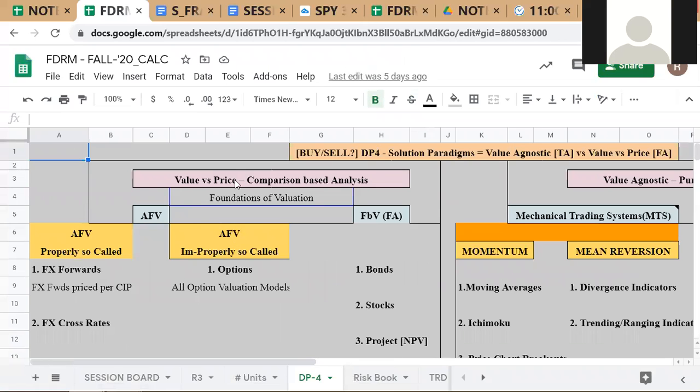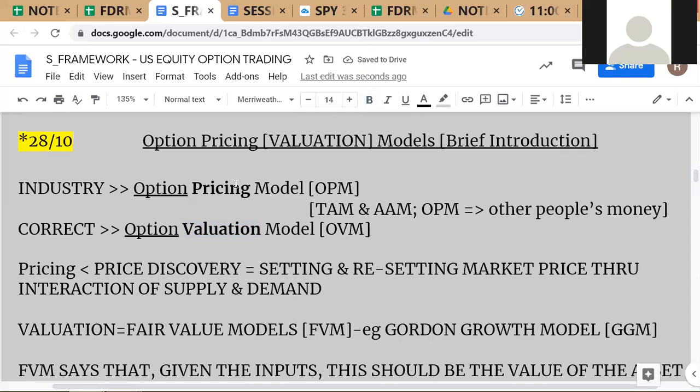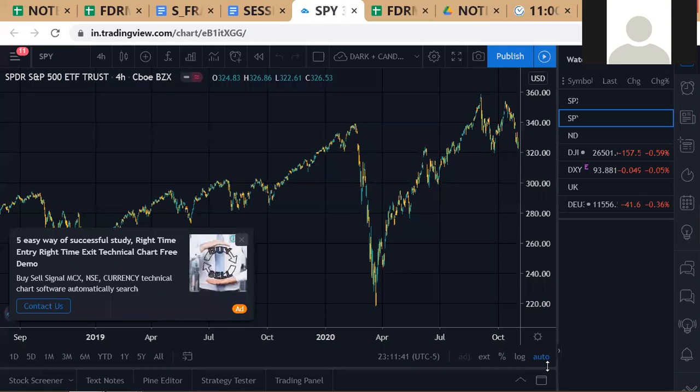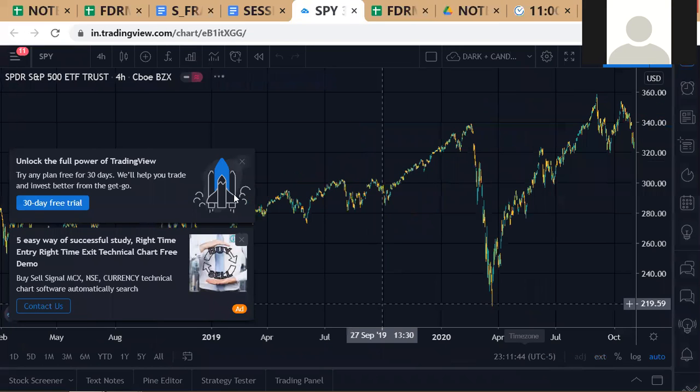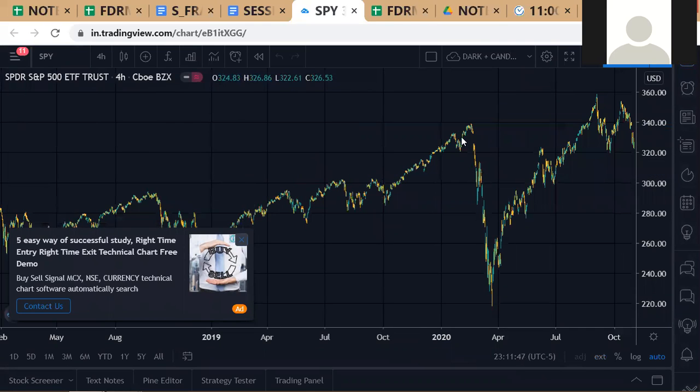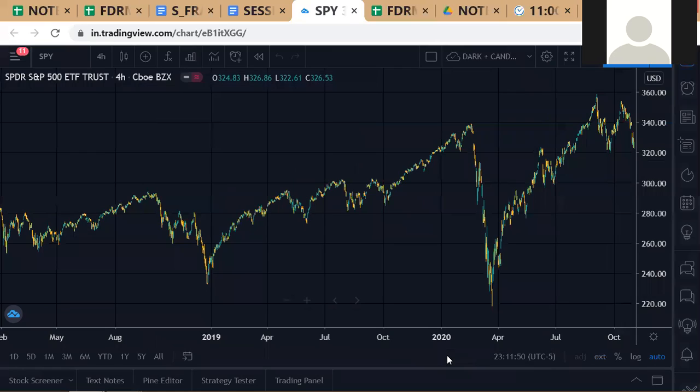That price is something which is objective, okay? You look at something and you see the price. As you can see here, we have the US election coming up on Tuesday. The interesting stuff is happening. The S&P 500 has come down quite a bit. This is the SPY ETF. The price that you see, whatever the price is right now, you can read it off from here. The price is objective, and therefore there is no dispute about what the price is, especially in a market where the prices are transparent, like exchange traded markets. So you can see the price is objective, okay?